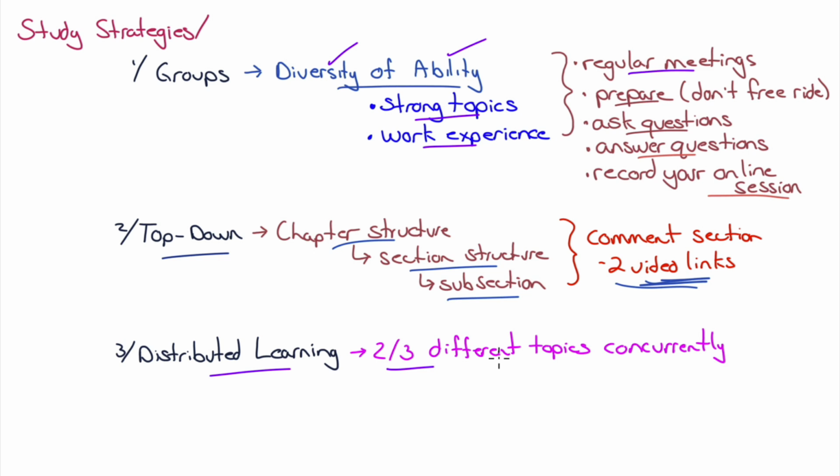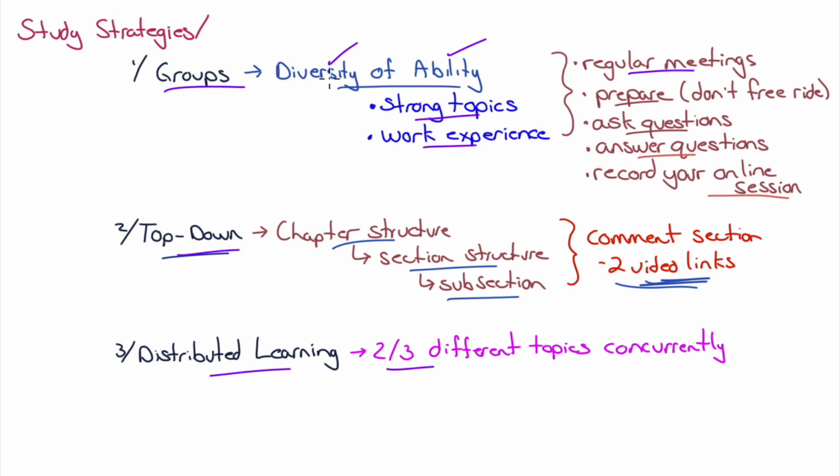Even executive MBAs, which are done in 10-week segments, you usually have 2 classes in that 10-week segment, and then you move on to the next 2 classes. It's never just one class. So try 2 to 3 different topics concurrently. Try a top-down approach and build a group. If you're struggling,